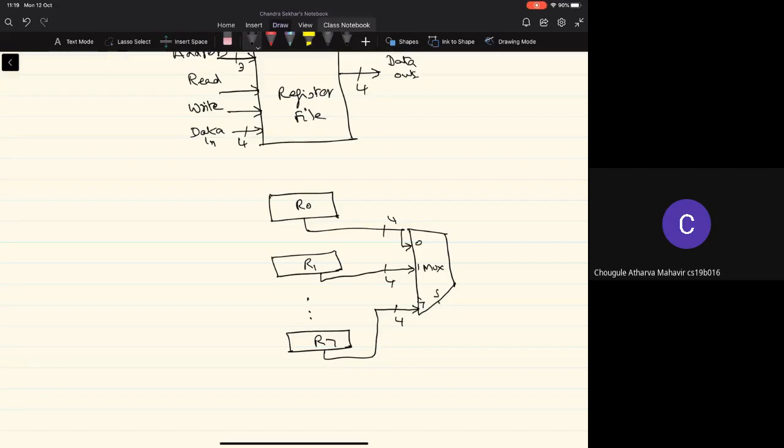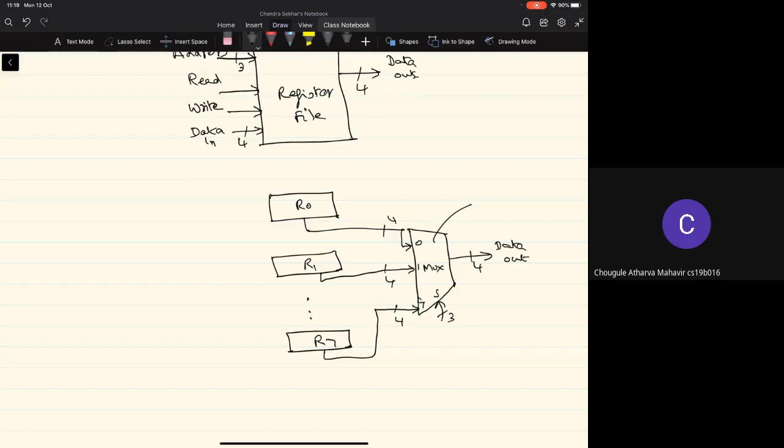So there should be select lines. How many select lines should be there? There should be 3 select lines, right? And the output of the mux will be the data out line. So what is the specification of this mux now?